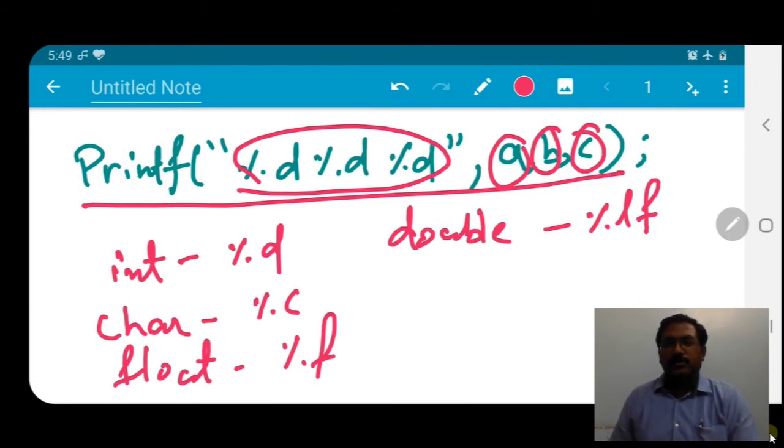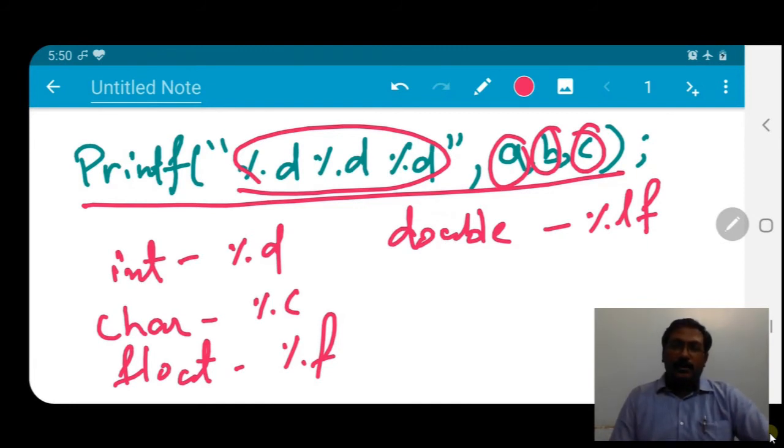Fine. If you want to print these kinds of values using a printf function, you have to mention your format specifier. If you do not mention your format specifier, it will not print the value which is inside your variable. If you have a character variable, you have to write %c. If you have a double, you have to write %lf.